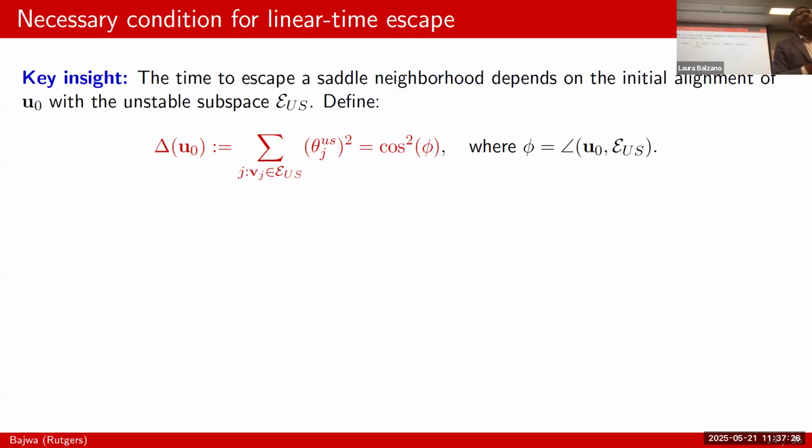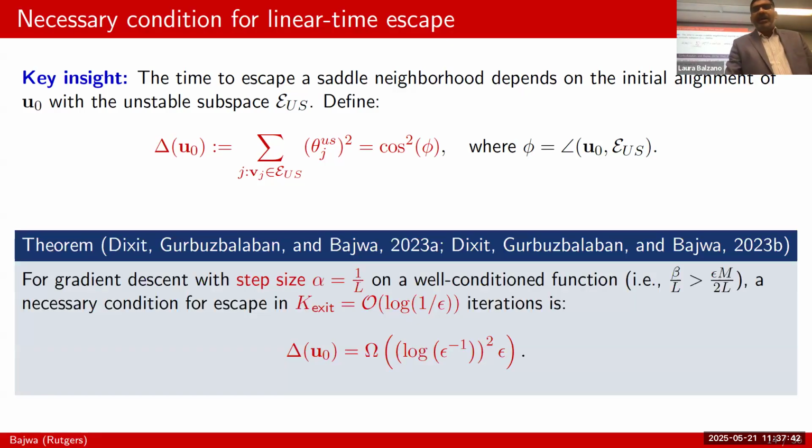But how small can this angle be? Do I need it to be pi by 4 to do linear escape? Do I need it to be pi by 3, pi by 6? And we have a necessary condition. First thing is, there is no way you can escape linearly fast if this angle is smaller, or cosine square theta of this angle is smaller than this quantity. The step size is 1 over L, so we are using the best step size for descent. So as long as the cosine square of the angle is bigger than log epsilon inverse square times